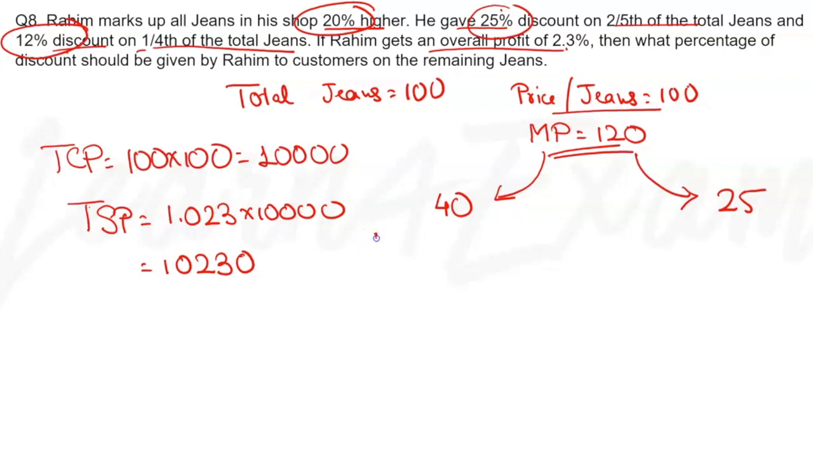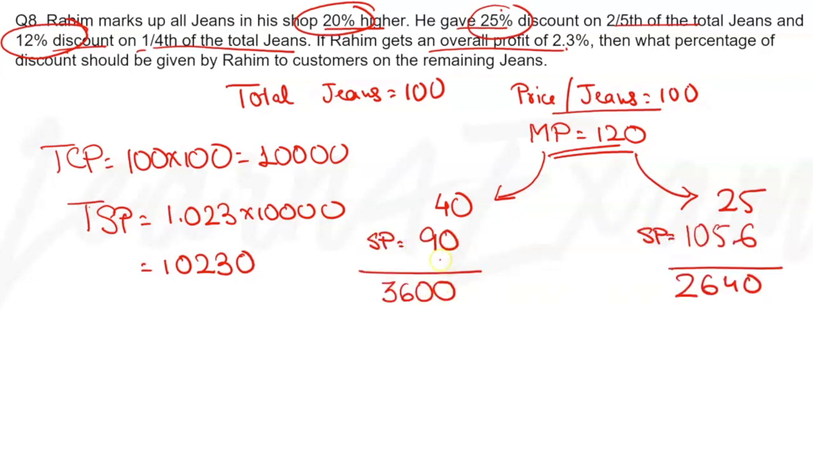The total selling prices of these articles would be 105.6, so total cost would be 3600 and 2640. In all I'm expending a total of 6240. Now I need the total price to be this, the remaining price. So on the remaining number of jeans, that is on 35 jeans, I need to sell them at the remainder of price, that is